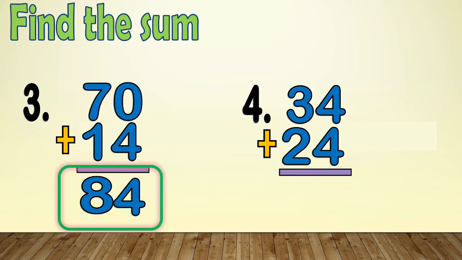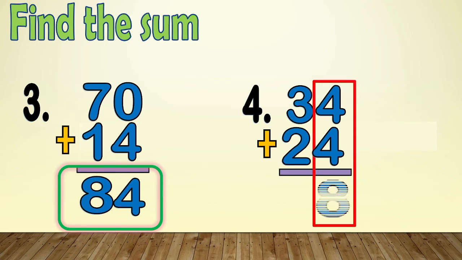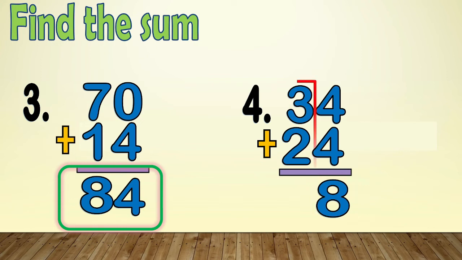Number 4. 34 plus 24. We start by adding the digit in the ones column. 4 plus 4 equals 8. Then, add the tens column. 3 plus 2 equals 5. 34 plus 24 equals